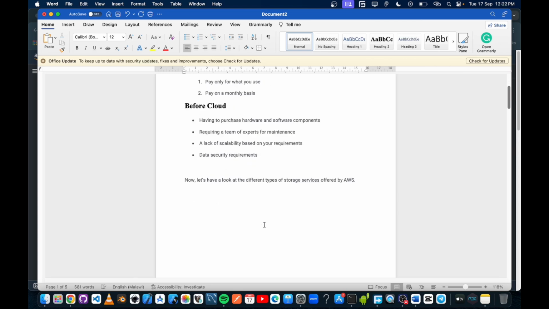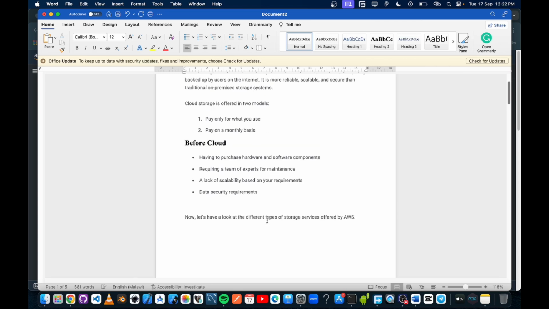And why do you need cloud storage? Basically, you need cloud storage to run away from the situations that people before had. So this would be having to purchase hardware and software. So you can imagine ordering all these components, and you require a team that knows what they are doing, that will put